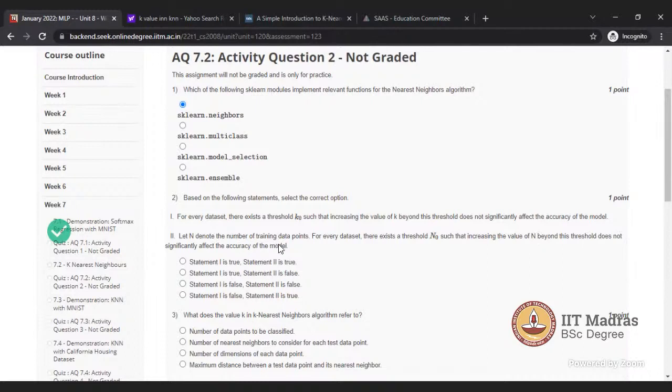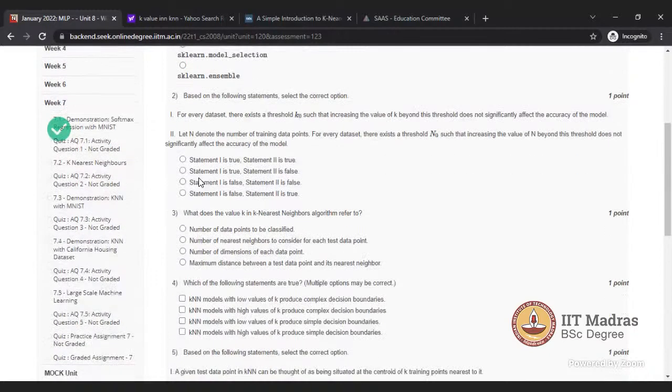The second statement is true, because after a certain point, increasing the data set won't affect accuracy much. But the first statement is wrong, because k can definitely affect the accuracy. So statement 1 is false, statement 2 is correct.